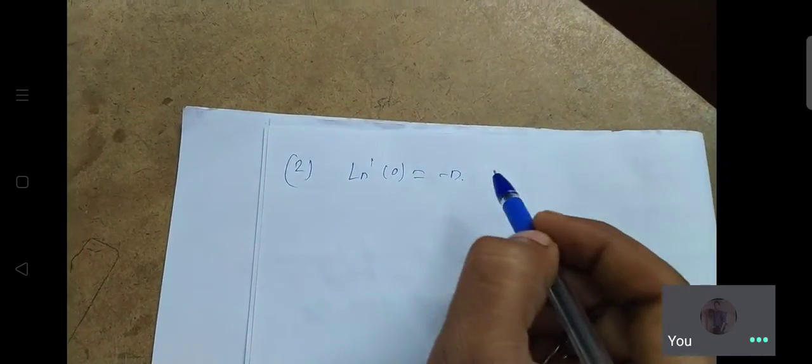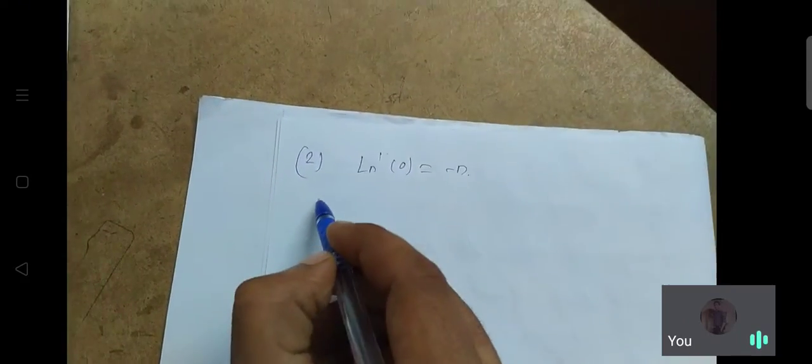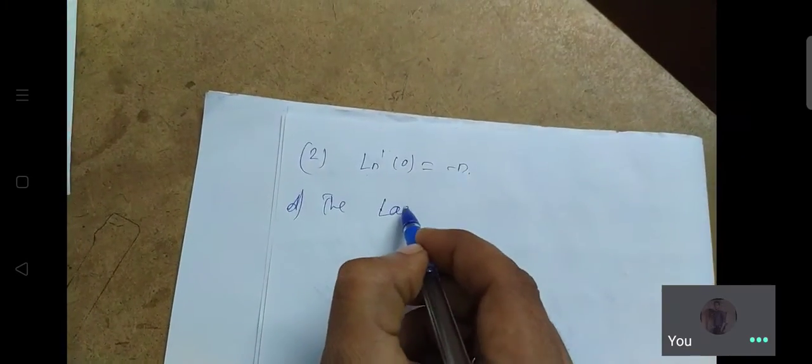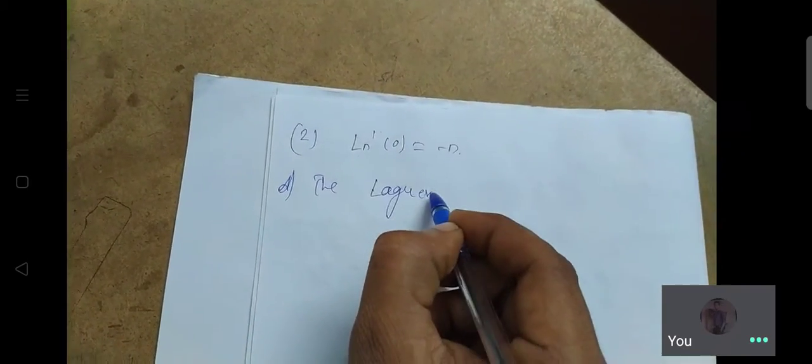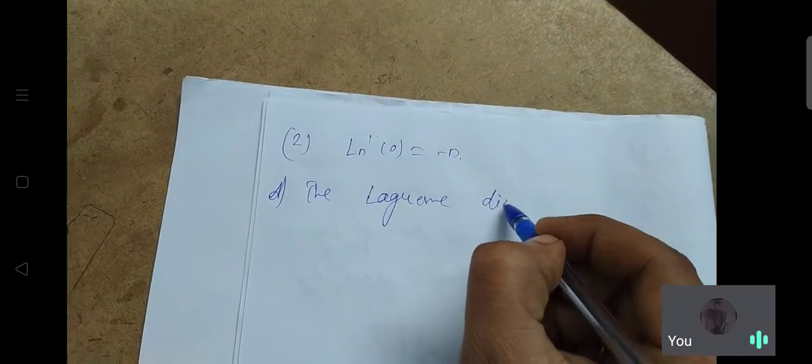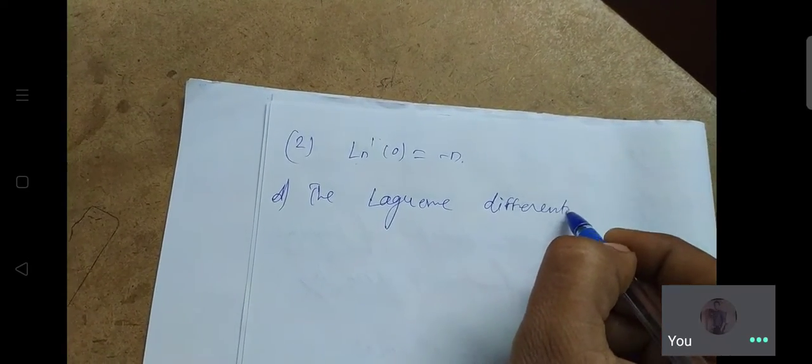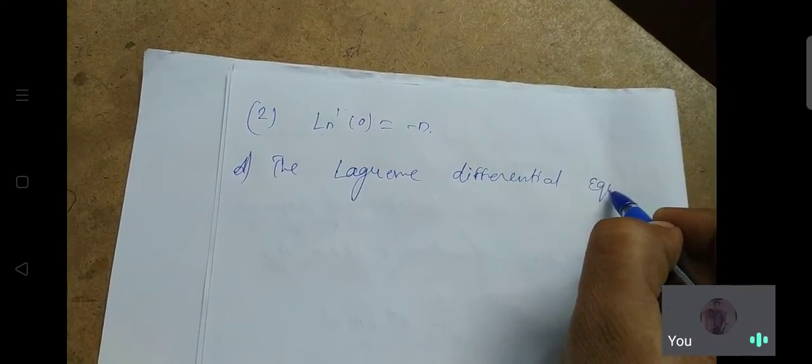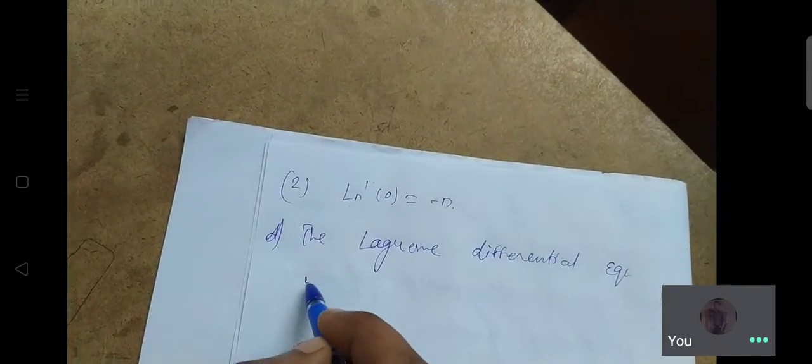So let us solve one more problem based on Laguerre polynomials. Ln prime of 0 is equal to minus n. So let us consider the Laguerre differential equation, okay, which is